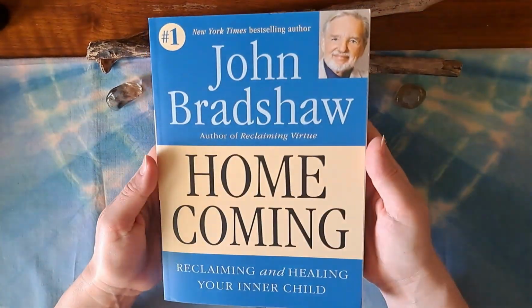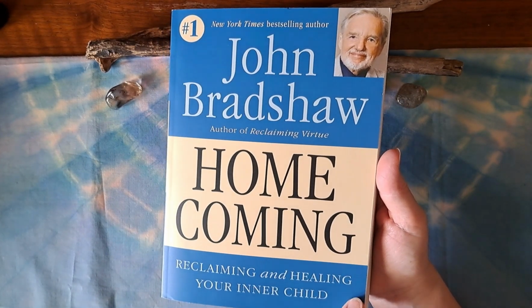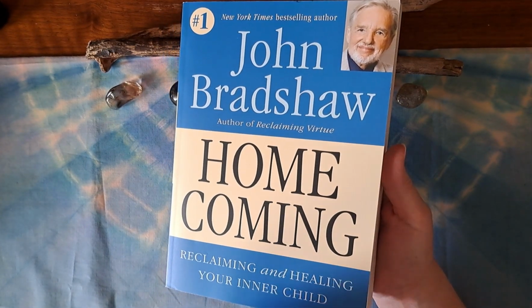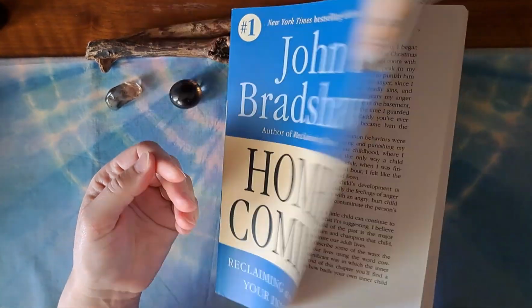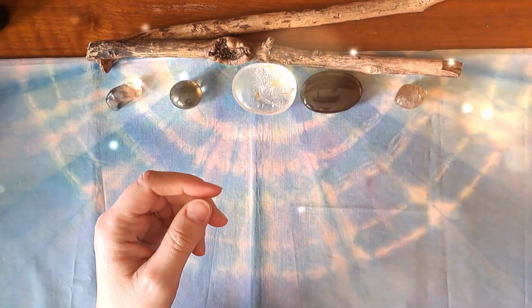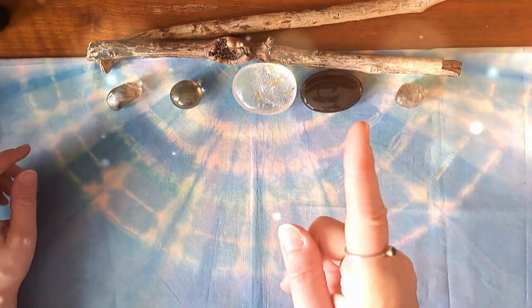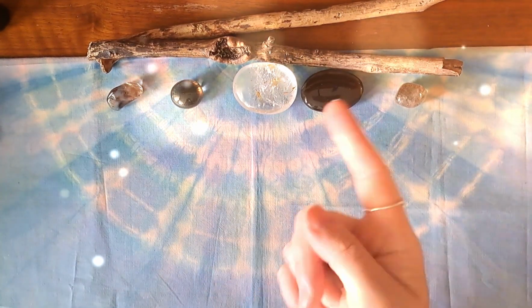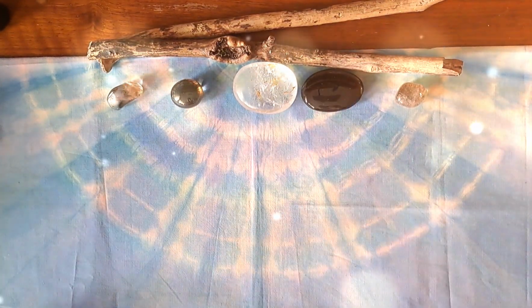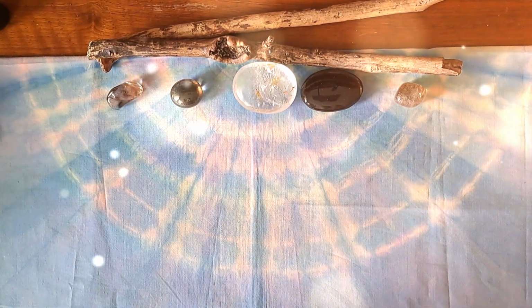Anywho, I also purchased this book in connection with my inner child work this month, which is Homecoming, Reclaiming and Healing Your Inner Child. This is by John Bradshaw, so I'm slowly working through this book. This has also been making me cry, so I've been crying a lot this month, which I was just about to do that whole, you shouldn't be crying, you should be tougher, blah, blah, blah. That inner dialogue was just about to start kicking in, which I'm not going to do, and that's the reason that I posted the